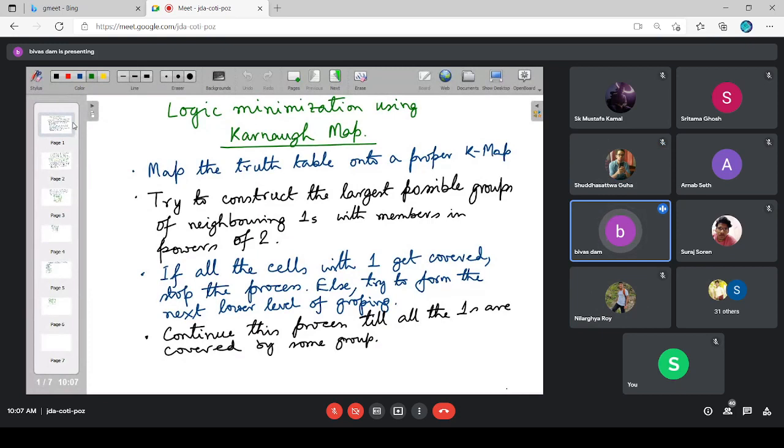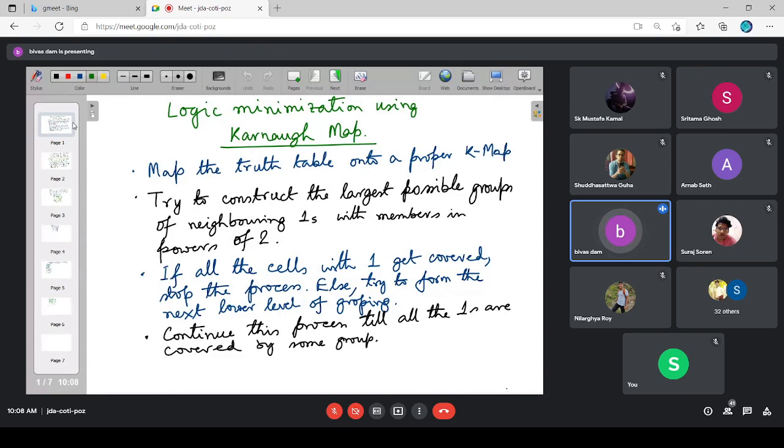Now, if I have one 5 input variable Karnaugh map, in that case, the largest possible value of n is 5. That means first we will target whether there is a group of neighboring cells containing 32 cells. So first we will go for one 32 cell group. Then if it is not there, we will go down one step below. That means now we will start with n is equal to 4. That means we will start checking for continuous groups of 16 cells containing 1.